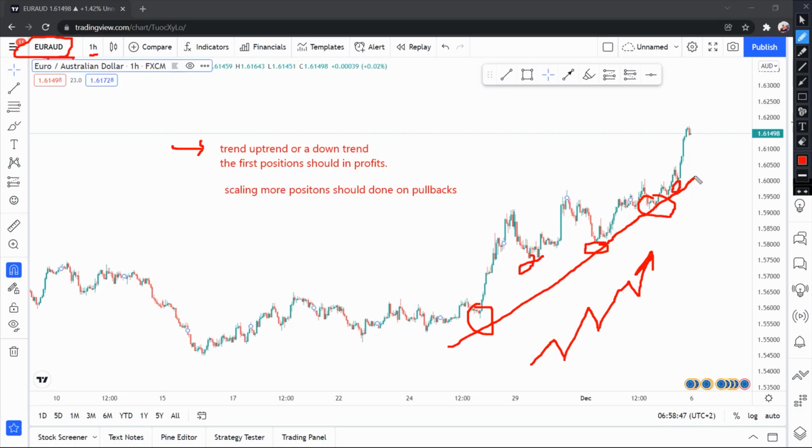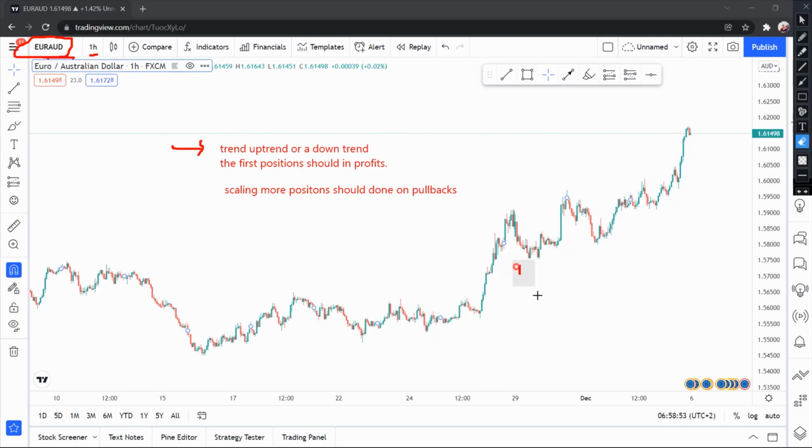So we are going to see why you'd actually scale in. We are going to start right away. Let me delete everything first. I'm going to assume that, let's say, we had opened up a trade at this point. Let's say we had actually bought at this point, buy, let's say